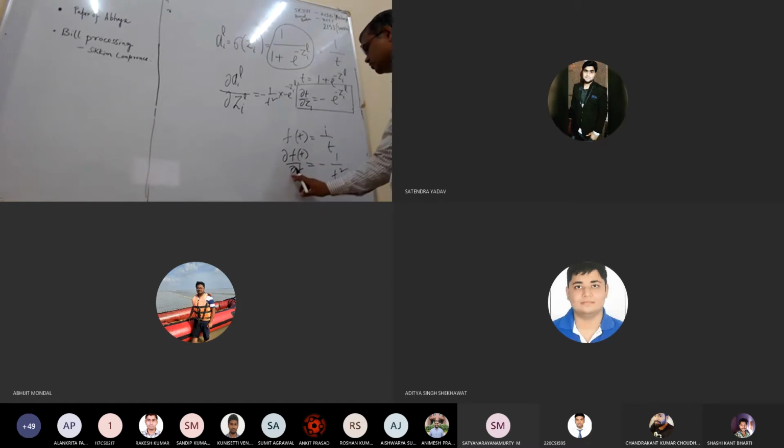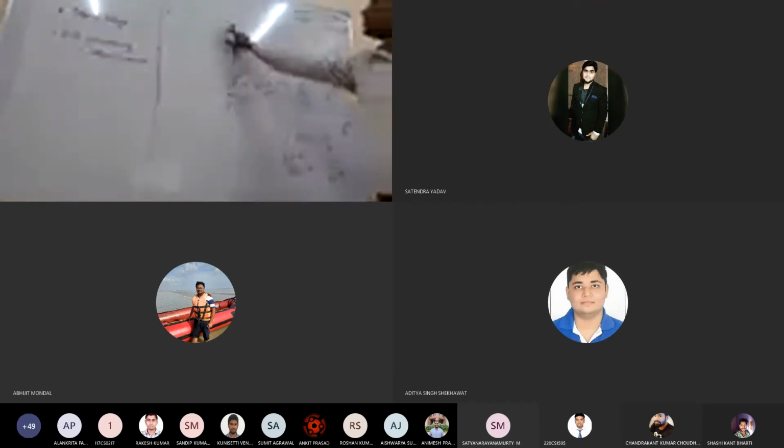So now if you take the derivative of this with respect to t, it is 1 by x. What will be the derivative of 1 by x? d dx of the function of x, 1 by x. So x to the power minus 1, so it will be minus into x to the power minus 1 minus 1. So therefore it will be minus 1 by x square. So therefore d f t by d t equal to minus 1 by t square. So what is 1 by t? 1 by t is nothing but A I L.